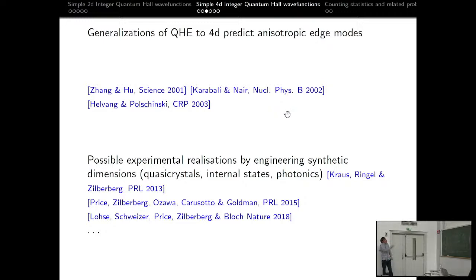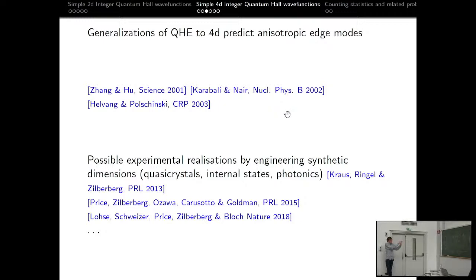And it turns out there are analogs of this in 4D, and this was put forward in these 3 papers. There is a paper by Shou-Cheng Zhang, I think the first one, but he considered a model which is a bit more complicated than the one we considered. And then later it was studied in this. There are many other papers, but these two considered this simple model I was talking about. And there are more formulating this in terms of effective field theories and stuff.